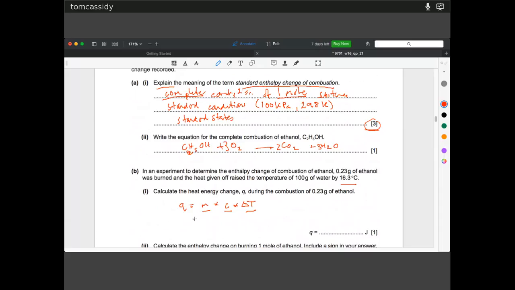So we can just plug these numbers in. We've got a mass of water, that's 100 grams. You look up the specific heat capacity of water in the data book. That's 4.18. And the temperature change in Kelvin is the same as the temperature change in degrees Celsius. So you're multiplying all those three together, and it gives you a heat of